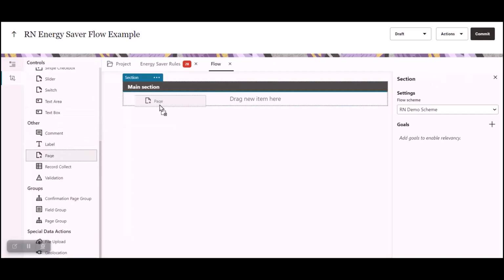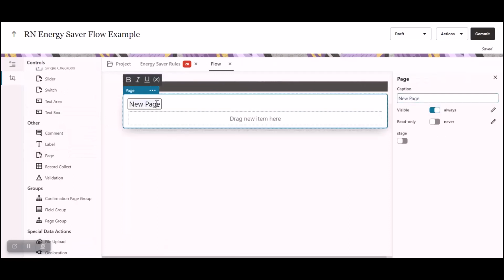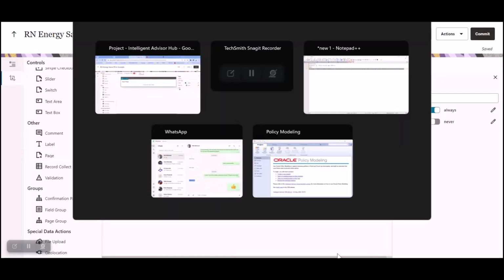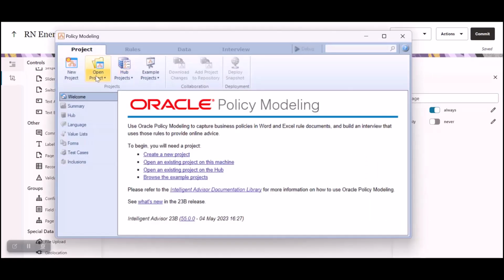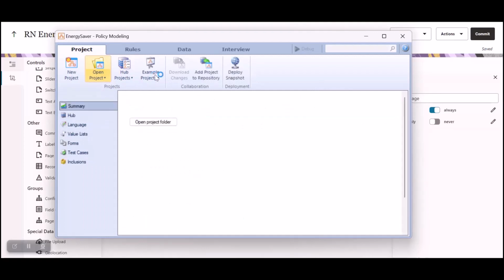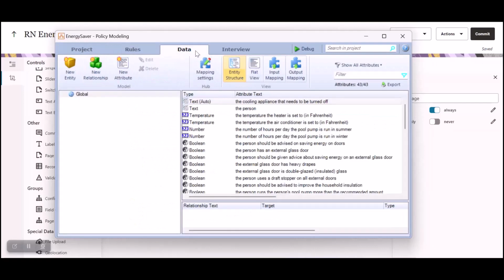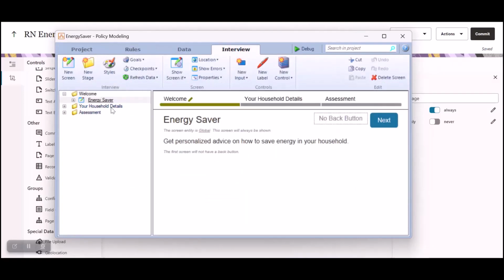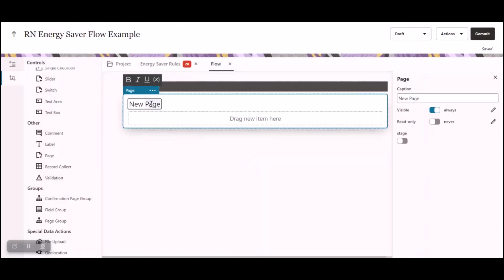You'll recall from previous examples that in a flow, we don't use screens, we use pages. So I'm going to go ahead and add the first page, and the simplest way for me to do this is basically just to open up the Energy Saver project in OPM and try and rebuild something similar in a flow, bearing in mind that flows are brand new and there's not a feature equivalence for